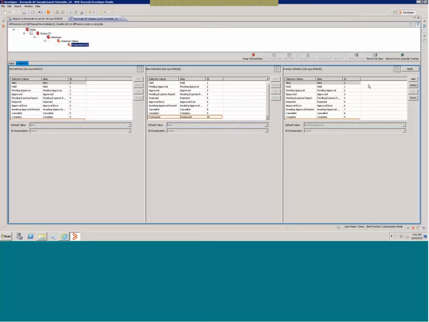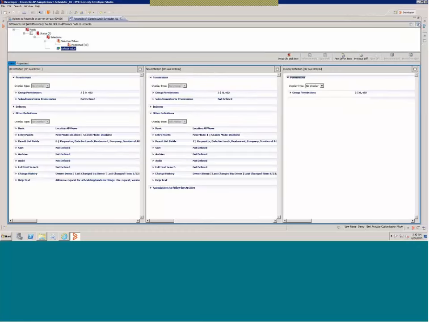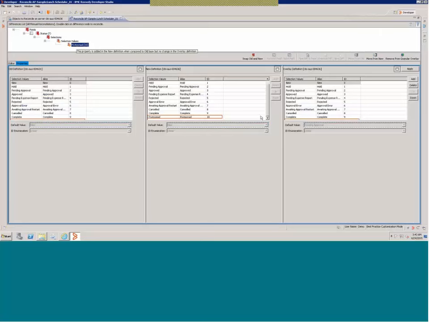So if I do not remember what it is that I have customized after creating overlay, I can turn off this filter and then see, oh, I changed the default value of this status field to pending approval, and that's what my change is. And because of that, I did not get this enum value which was added in upgrade. So what I do is I just click this move to new button to have that selection value present in my overlay.